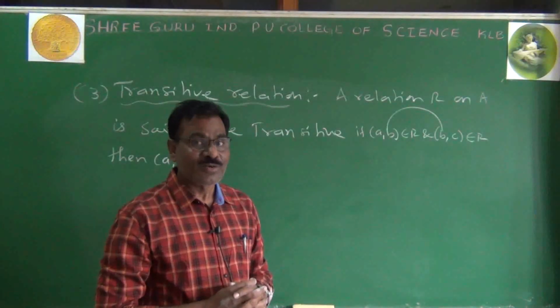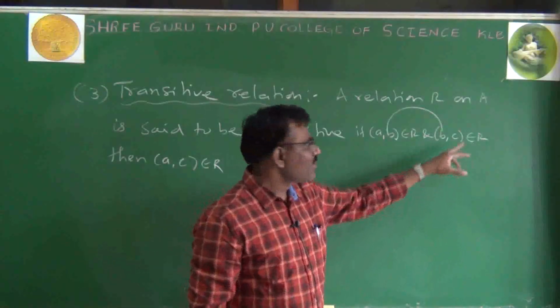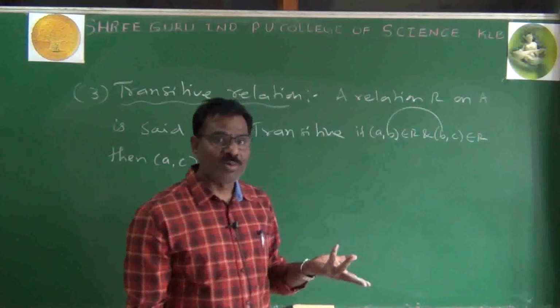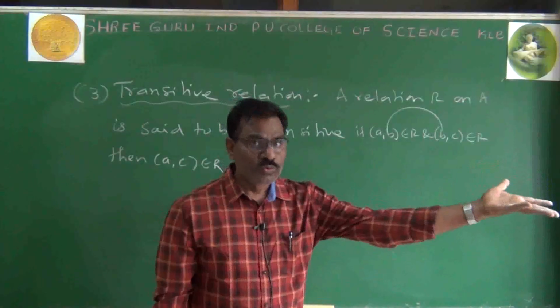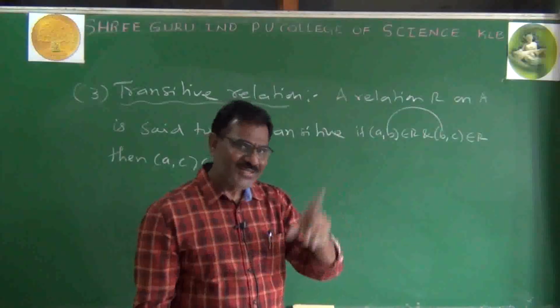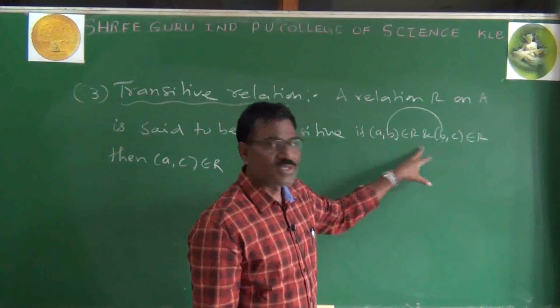That is possible. Otherwise, not possible. A comma B, B. No, sir, your question? Sir, this also B, this also B. No problem. For example, 2, 2 and 2, 2. No problem, all are equal. That is also correct. But for the definition to be correct, these two must be same.